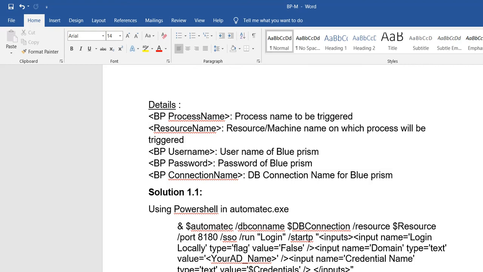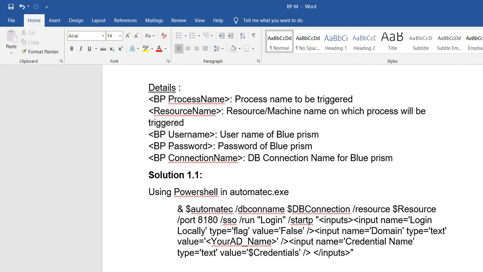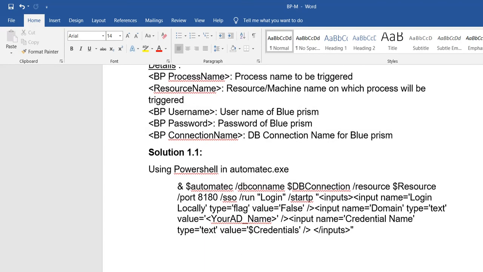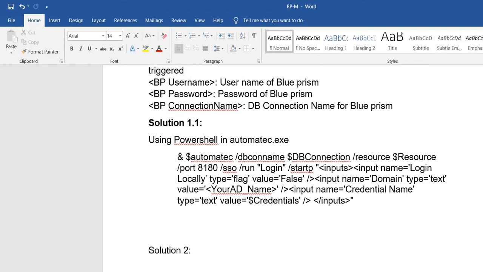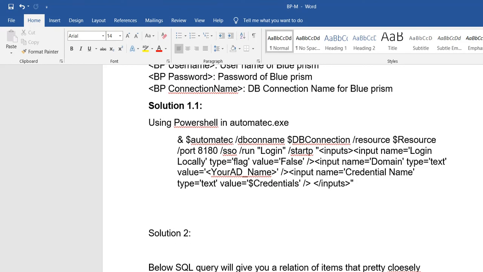And second, how else can we achieve this? Suppose I don't want to use automate c.exe. When you install Blue Prism, the DB schema is automatically updated into your SQL Server database. So you can even change the commands through the SQL tables of the Blue Prism database schema.